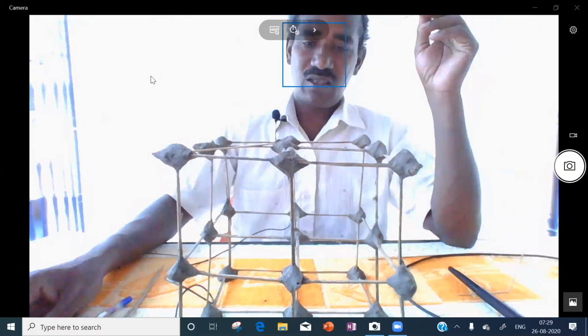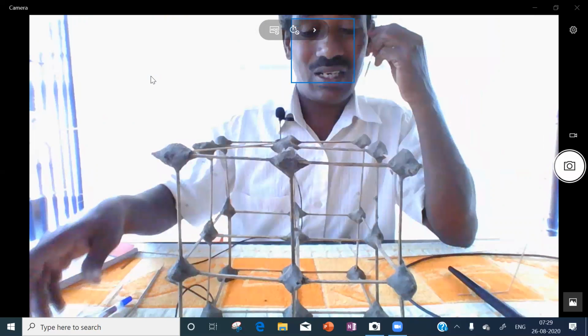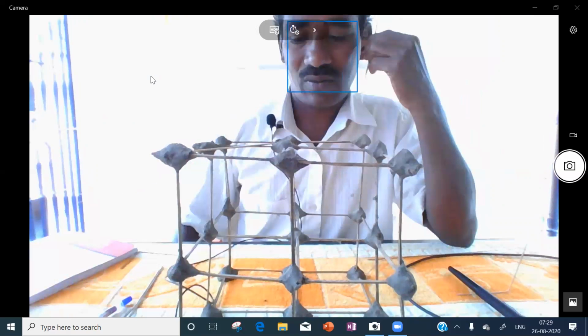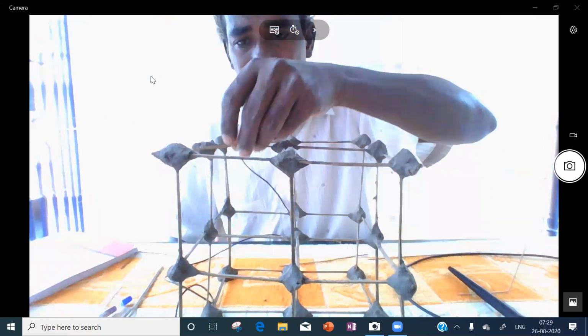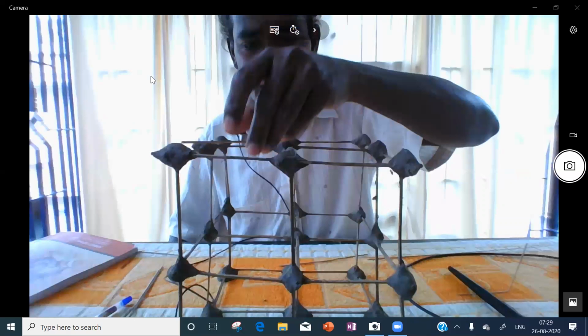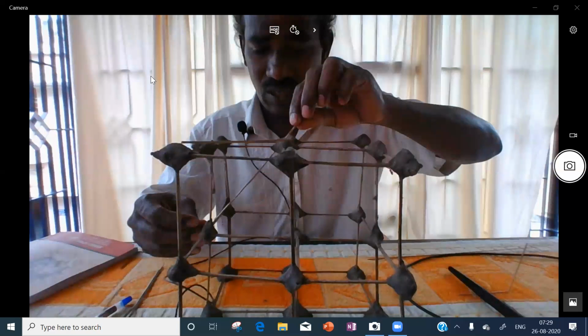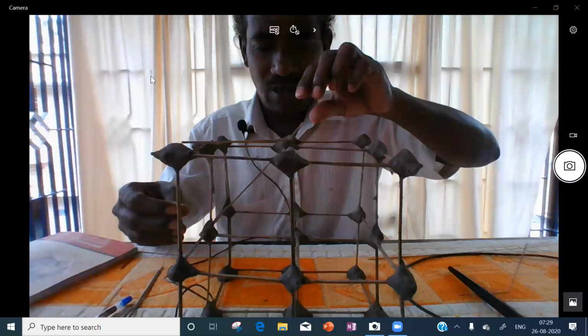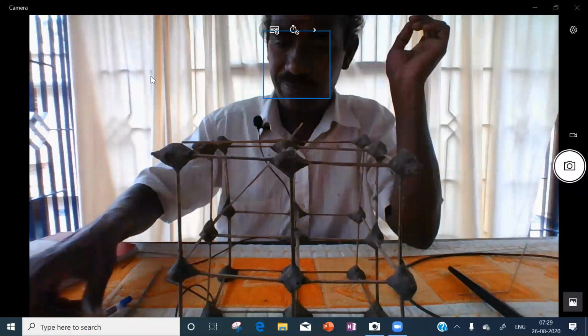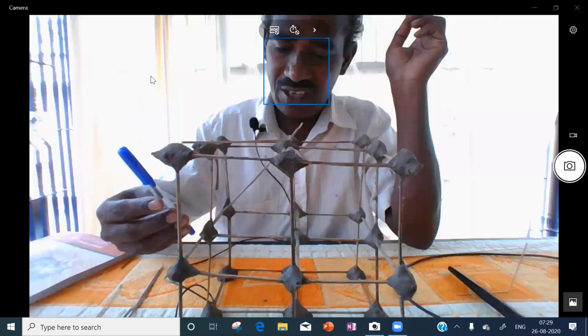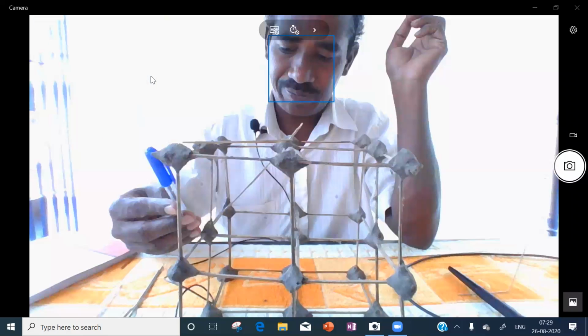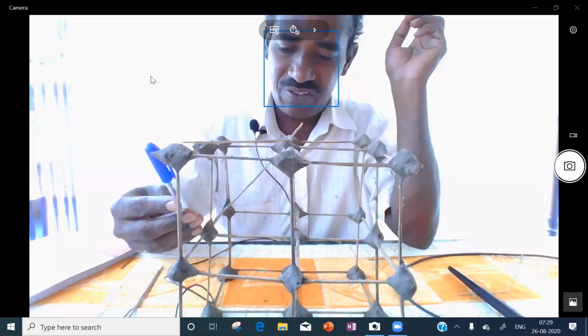Next, we'll go for the next triangle. This corner to front face center, top face center. This top face center to side face center. Side face center to corner.